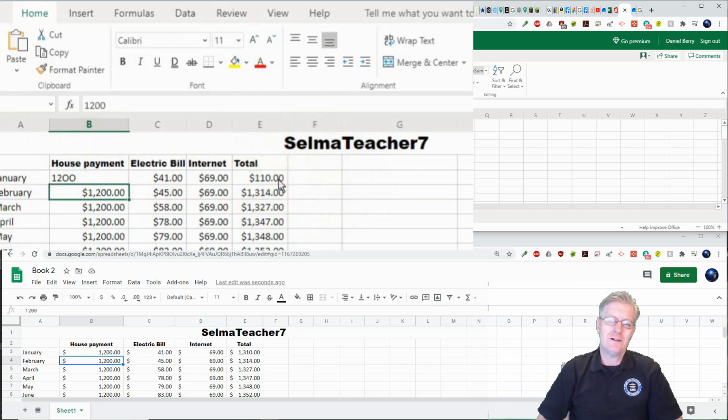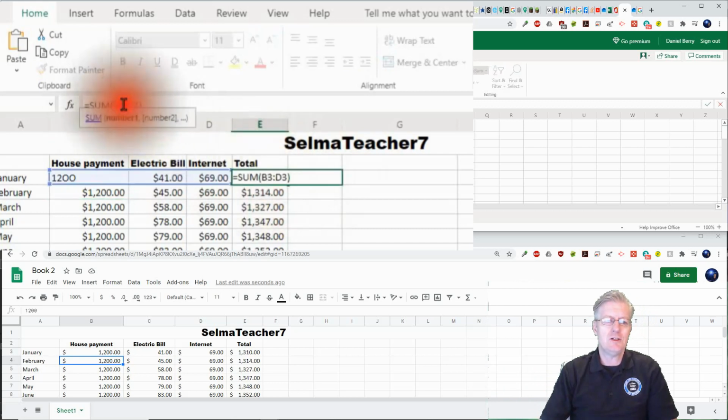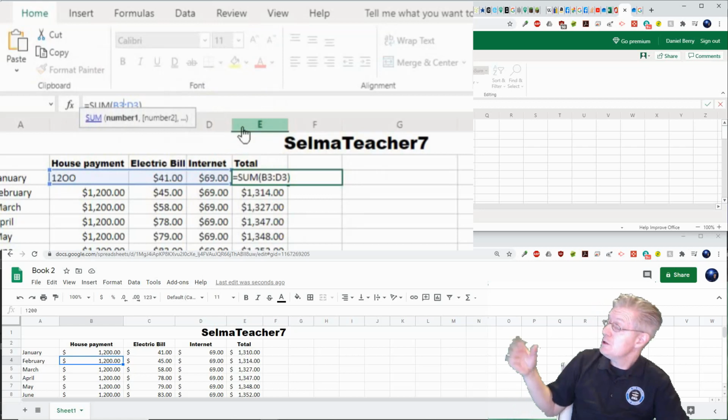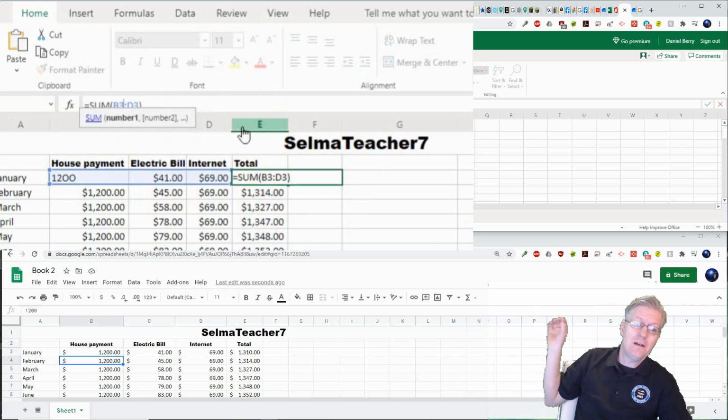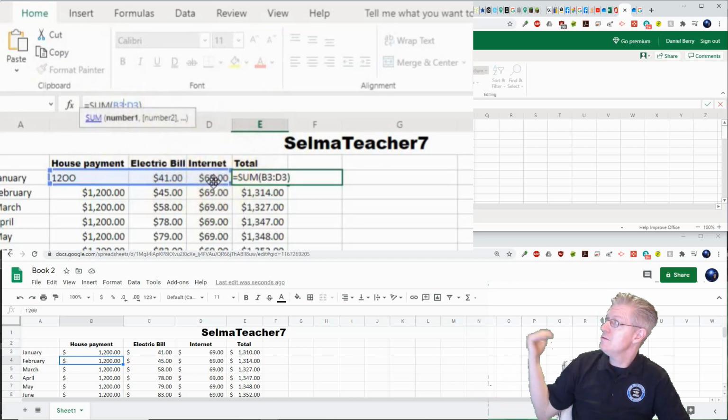So the artificial intelligence of both Excel and Google Sheets ignores labels. Again, it didn't change my function or my formula. Inside there it says equals SUM, and then it's adding the values inside of those cells.